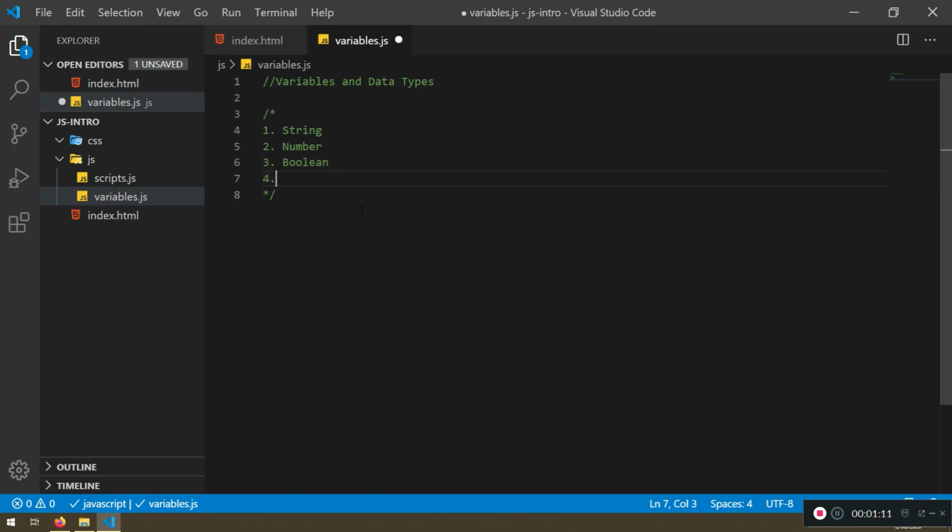And the fourth will be undefined, and you will see what undefined means. And the next one will be null, which also means non-existent. So undefined is the data type of a variable that does not have a value yet. Right, that's the difference between null and this one. So I just save that file, and let's